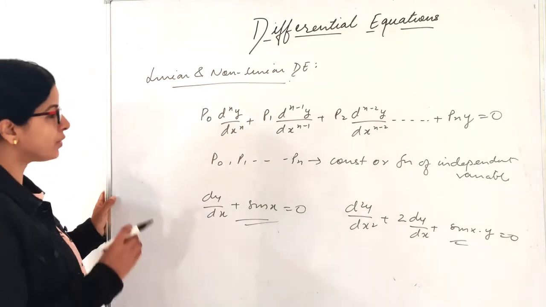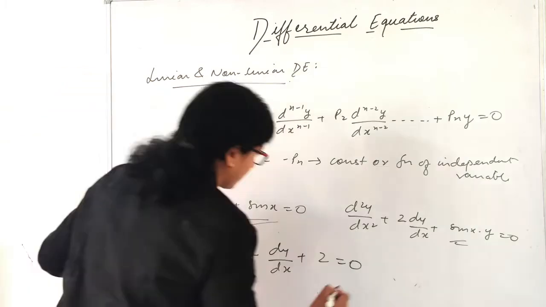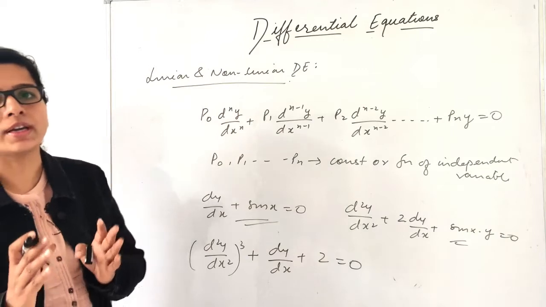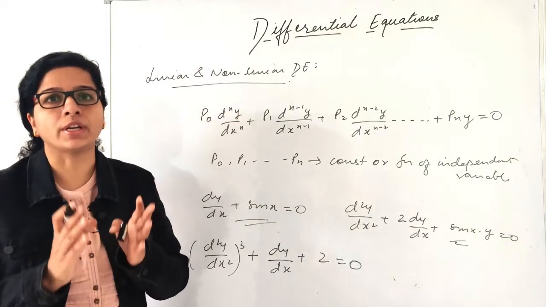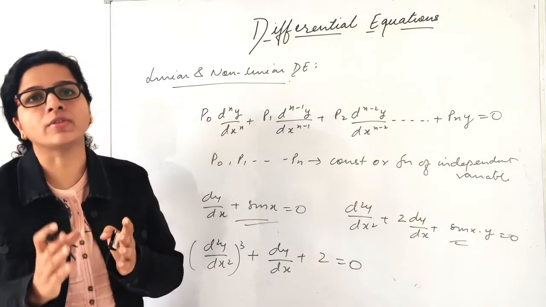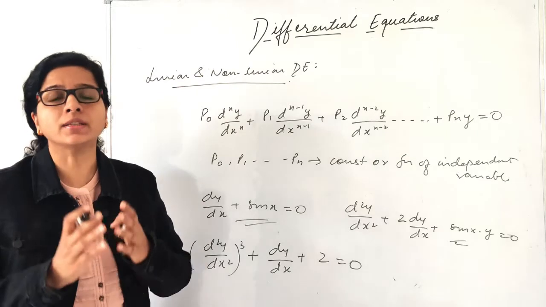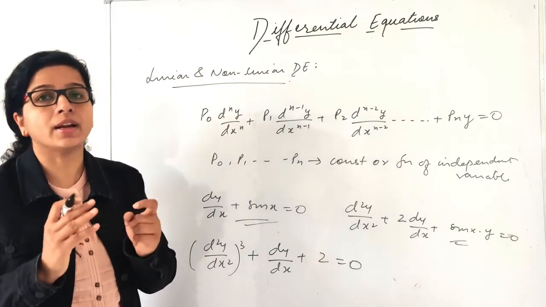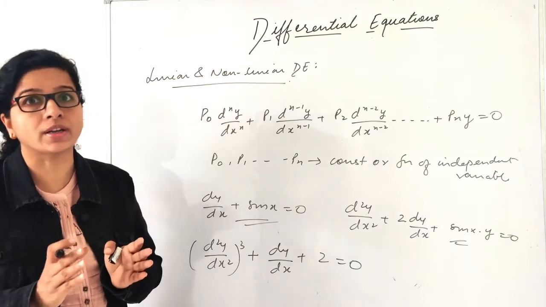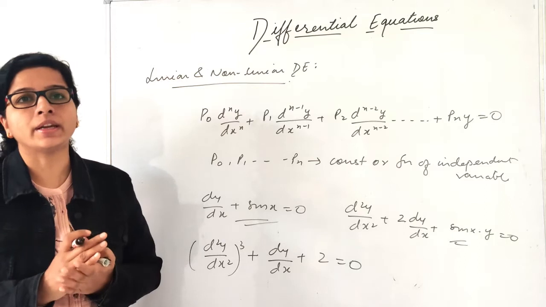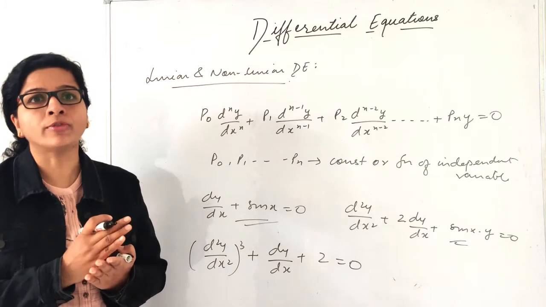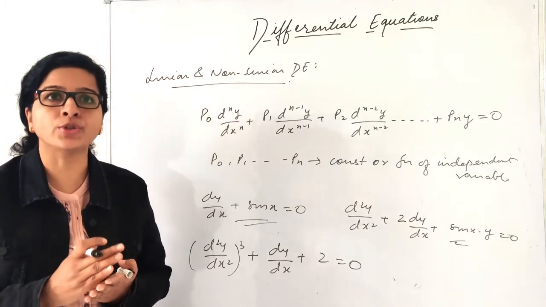Now, if you have a differential equation of this kind, it is not a linear differential equation. Basically, if the degree of the differential equation is 1, then it is linear. If the degree is more than 1, it is non-linear. There are certain more criteria where the differential equation cannot be linear. What are those criteria? One is that the degree of the dependent variable should not be more than 1. The product of the dependent variable and its differential coefficient should also not be there.